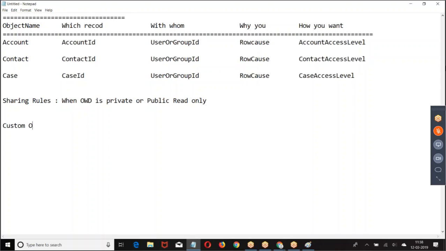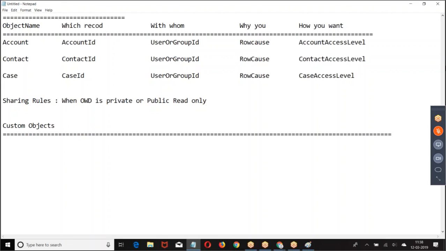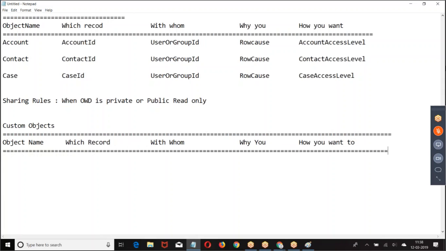Suppose I am going for a custom object. If it is a custom object, again same story. Why you want to share? Object name. Which record?